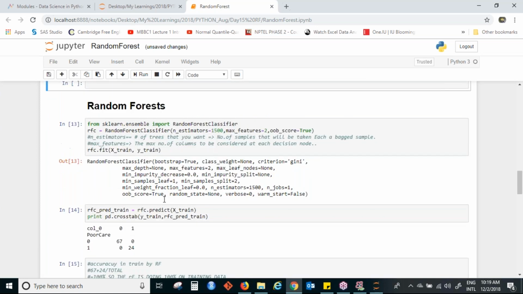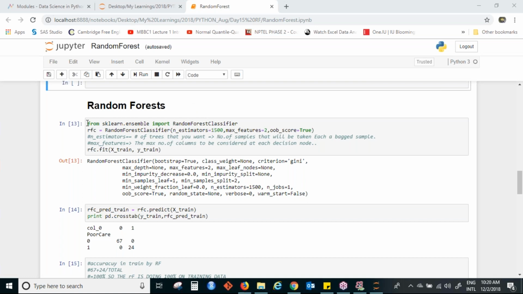Okay, so it's very simple, guys. What you will do first is you will import random forest classifier. Now random forest model is also known as an ensemble model. So what is an ensemble model? An ensemble model is where you build several models and merge them. So since in random forest we are building several trees and then merging them, it is also known as an ensemble model. There are a few other ensemble models also. We will discuss about them later. But random forest is also an ensemble model because there are many models in this. It is a combination of different decision trees.